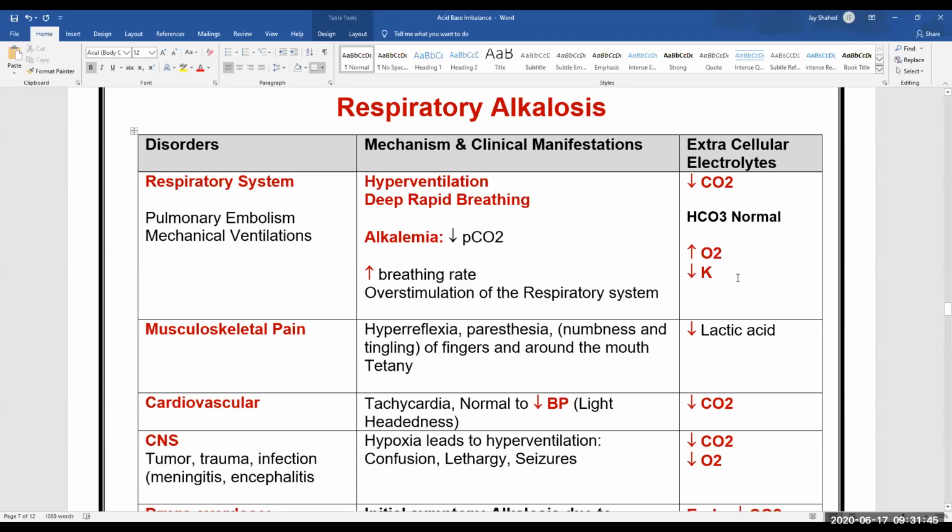Depending on what the bicarb level is, it is either compensated or not. So the CO2 and the oxygen kind of oppose each other. If I decrease the CO2, the O2 will increase, level wise. Because you're hyperventilating, you're not actually taking in more, but the level in the blood ratio,